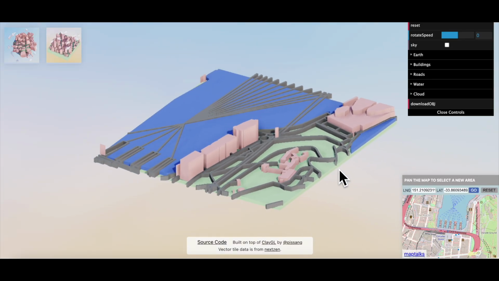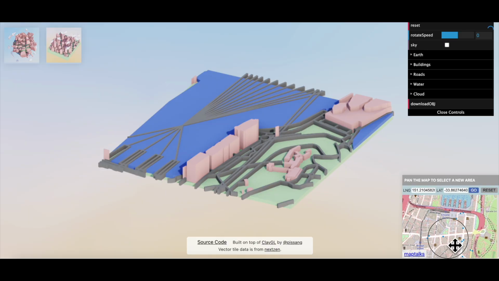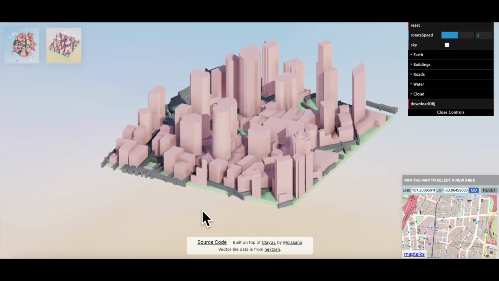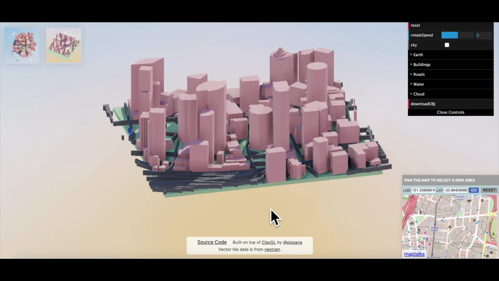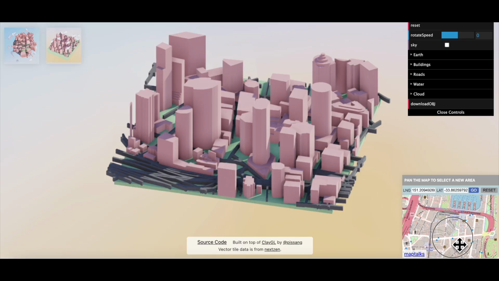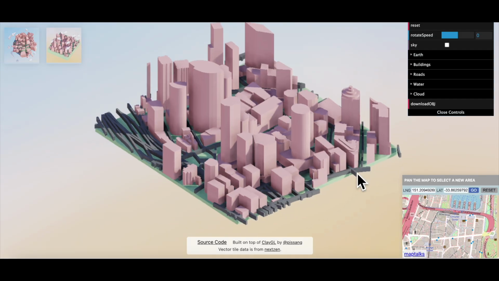I've just come across this amazing site. It's called Little Big City. I'll put the URL address in the description here, but basically you just put in your latitude and longitude of the different areas or the map coordinates that you want to create a 3D model out of. Super cool. So I'm just looking at the Sydney area, so I'm going to go over the Rocks